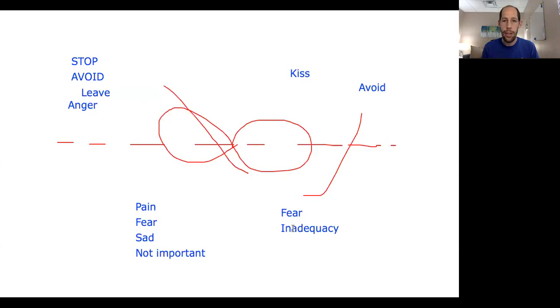When you work in this model, it can happen relatively fast. It doesn't have to be 12 months. I remember working with, just a quick little sidebar, a couple after literally five sessions of doing this work. It was an affair situation. Maybe I mentioned this in the first video, I can't remember, but I've heard this from a couple of different people recently. She mentioned how he was able to support her and reassure her pain. On the last session, the fifth session, she was walking out of the office. She said, I feel like we're dating again. I feel that excitement and that passion in the relationship. So it doesn't have to take forever.